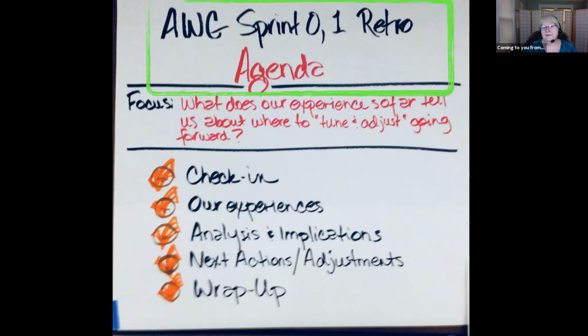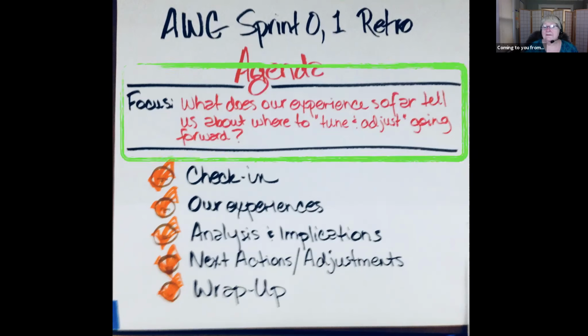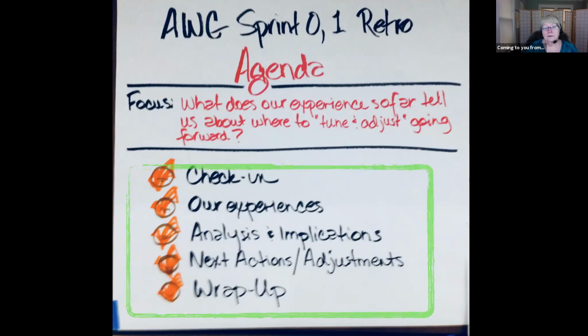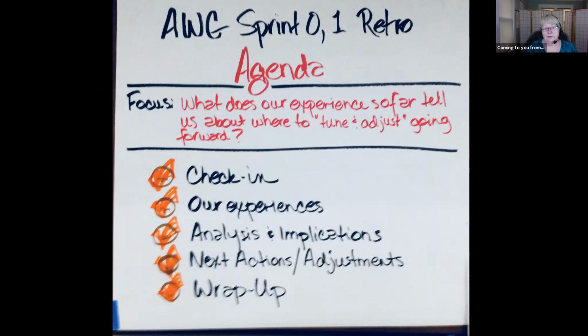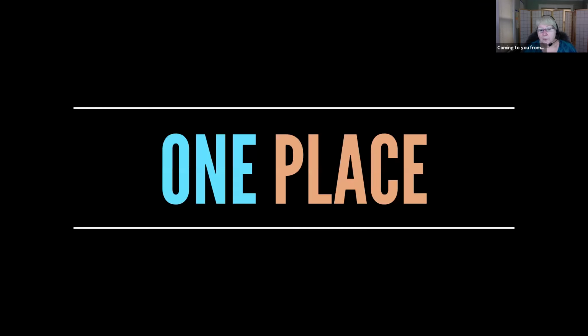It is the agenda. It says, we've thought about this, we've made some plans for this, we're not going to waste your time, we're coming together. It's got a focus. We're not trying to boil the ocean. We're just going to look at this one piece that is affecting us as a group. And then there are the steps that we're going to go through, the things that we will look at as we're moving through. And you can see here, when I did this one, I checked off each one as we did them. So people knew there was transparency about how the process was moving forward. So always having that.